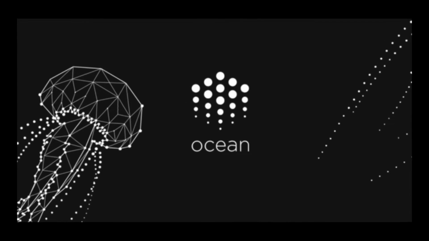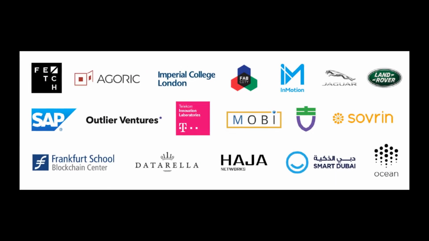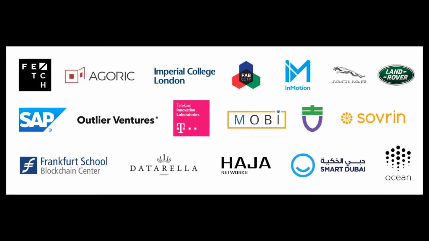Now today we want to look at the difference between these three projects, Fetch.AI, Ocean Protocol, and SingularityNET. First of all, we know that Fetch.AI partnered with an organization that has interests in Ocean Protocol, so in a way that kind of links them. But these protocols have been developed over time, some from 2017, some from 2018, and they've had their own developmental process. And I think they're converging, reaching that point where they feel like they might need each other, or they feel like they're not really in competition with each other.